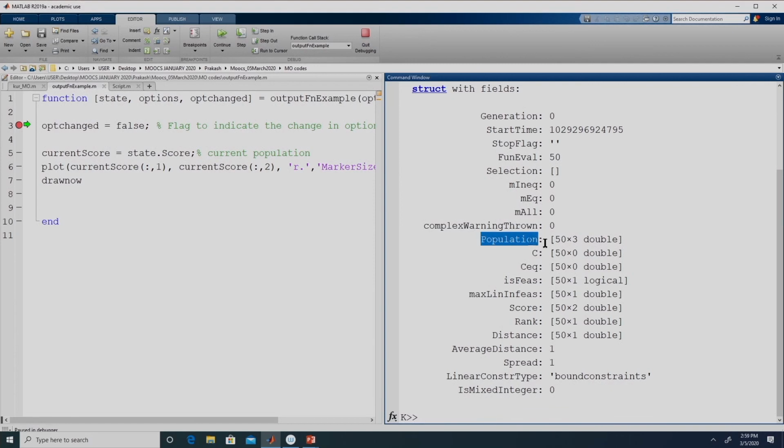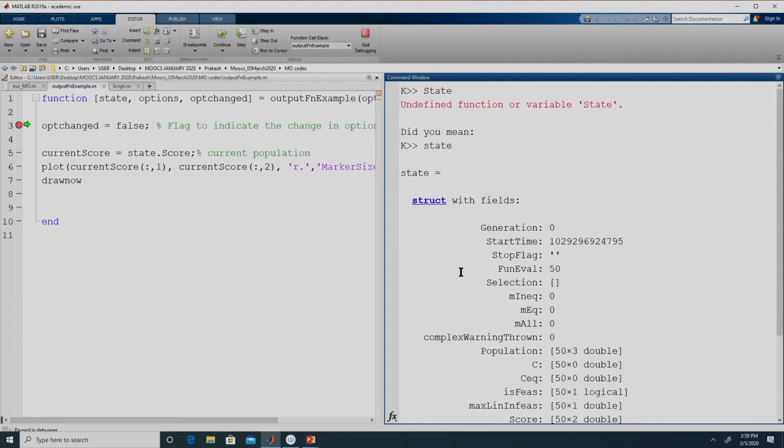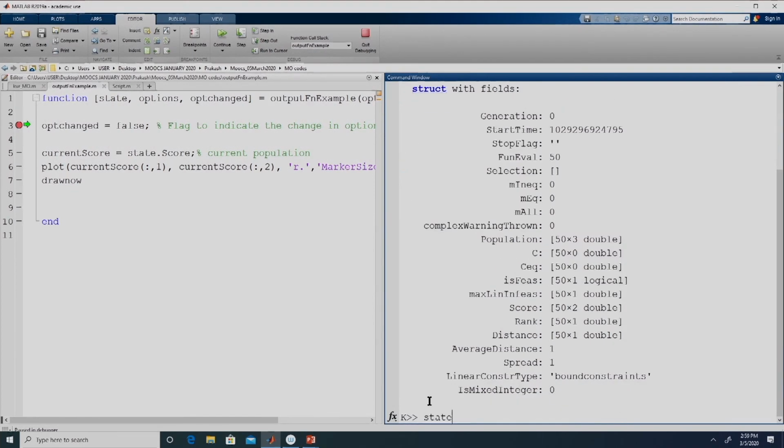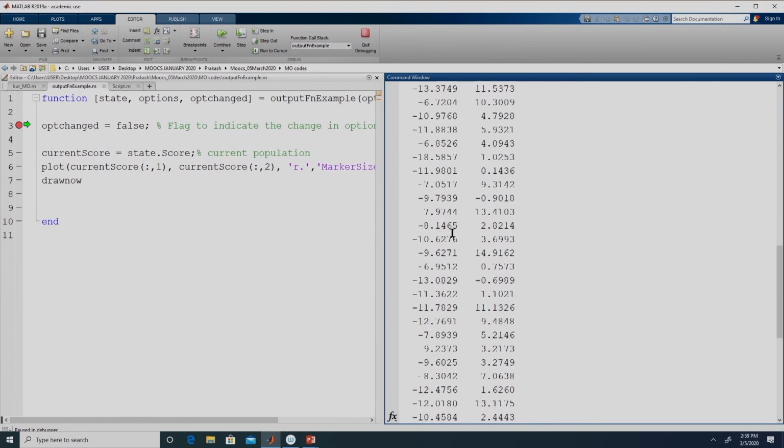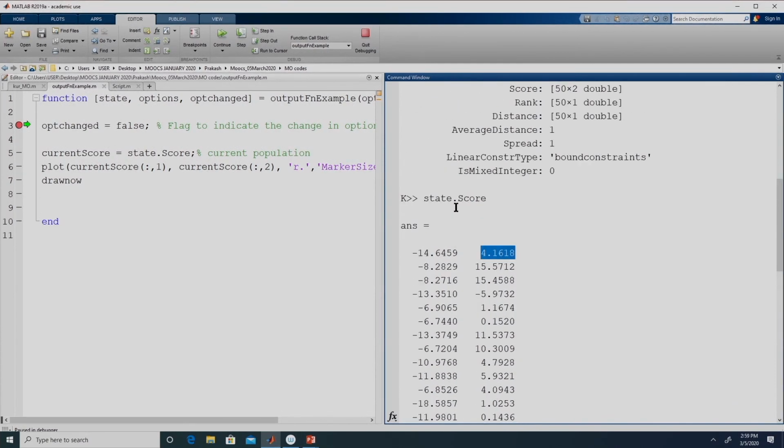This is the population, there are 50 members and for each of the members we have two values for the objective function, that is why this score is 50 cross 2. We can access score by just writing state.score. State is a structure and score is a field in that structure. So, state.score gives us all the values, it is just these values which we are plotting. So, minus 14.6459 on the x axis and 4.1618 on the y axis. That is the point we are plotting. Similarly we will plot all these 50 points.